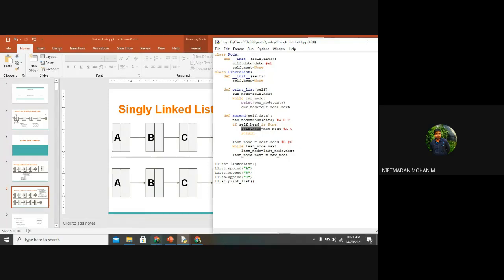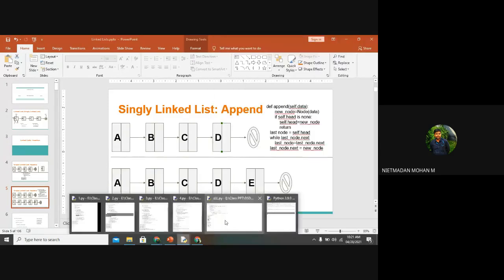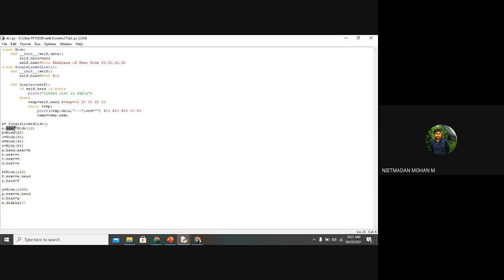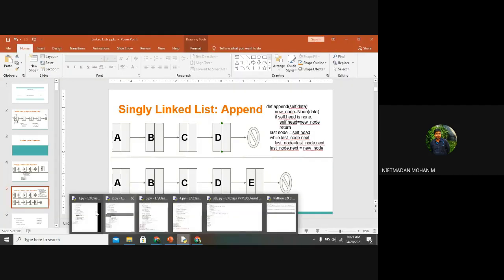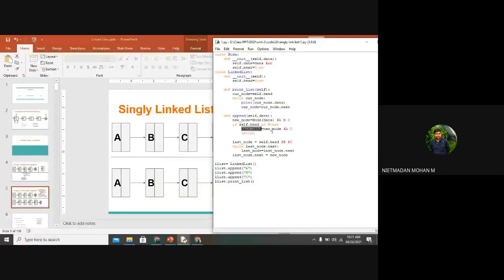Those who are comfortable with these lines of code can go with them: create a head from an object point of view, and insert the variable, the keyword next. By using the keyword next, you can insert a number of elements in the list. If you go with the append function, the lines of code will be very few, and only one statement is needed here.